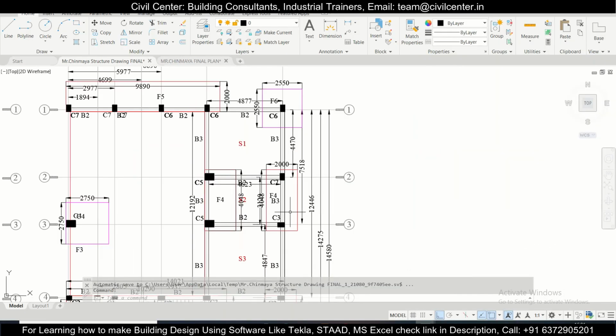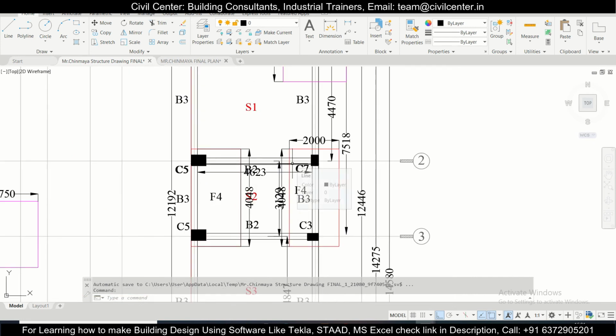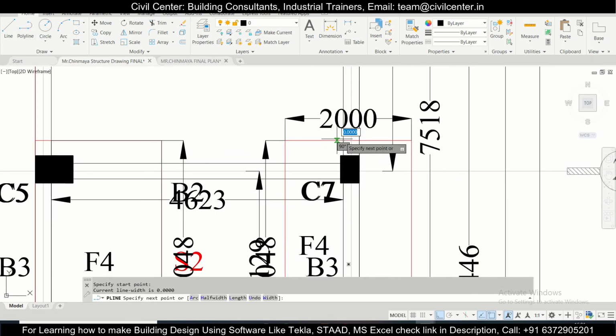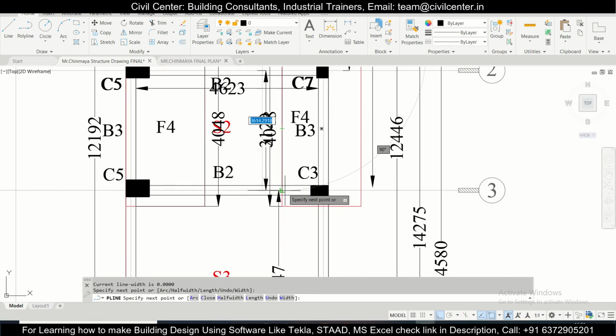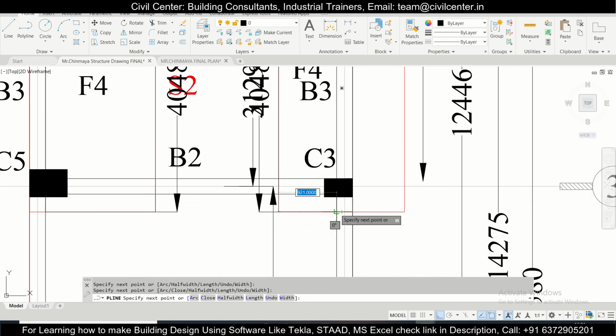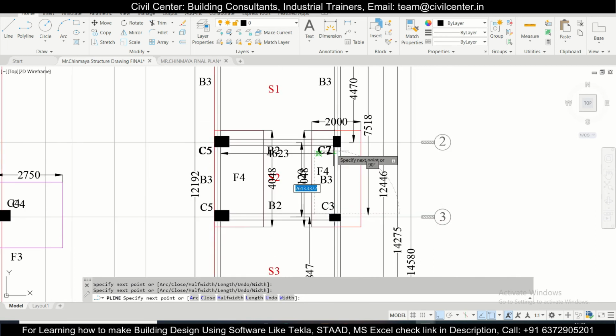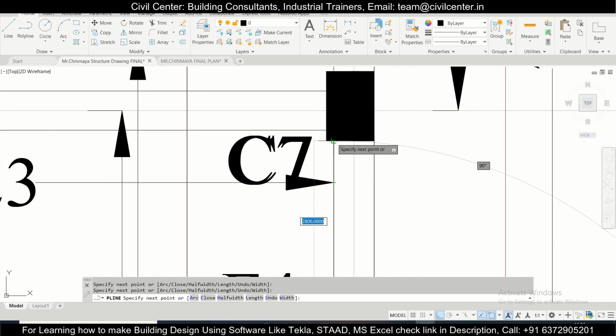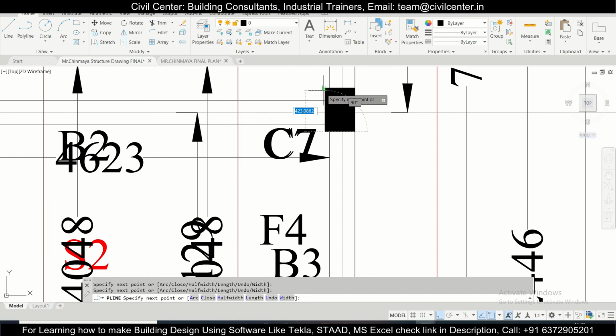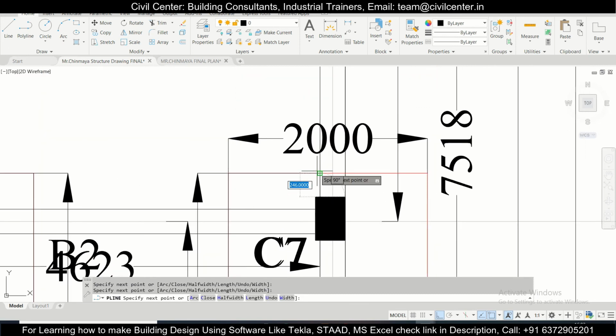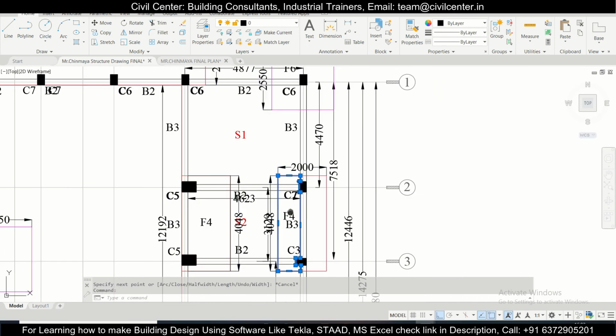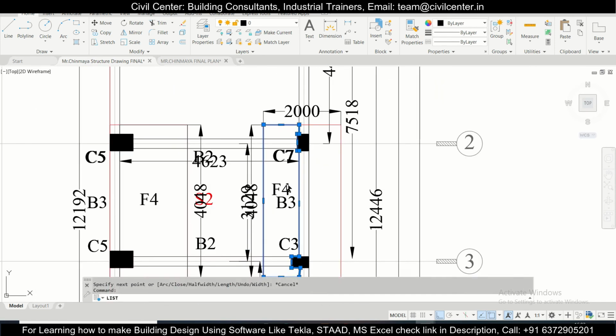It will be two portions of F4, we can add both the portions here. So we'll just take a polyline here and calculate this portion which needs to be deducted. So Li, enter.